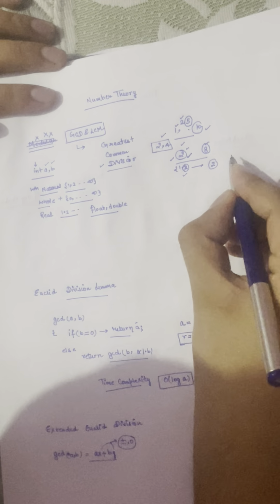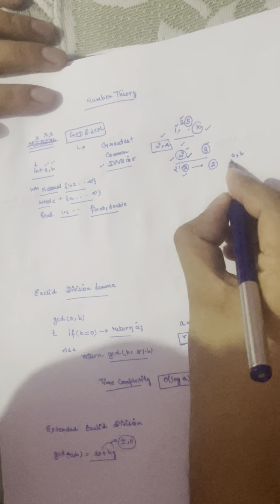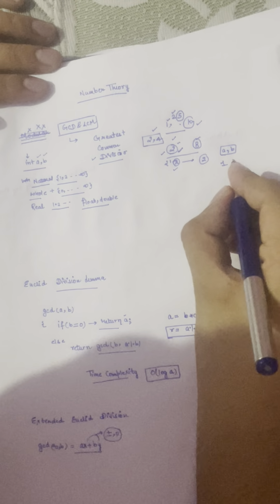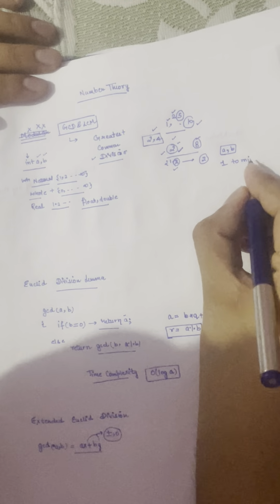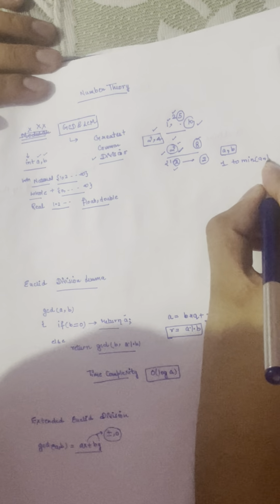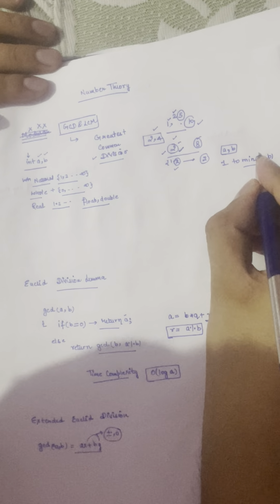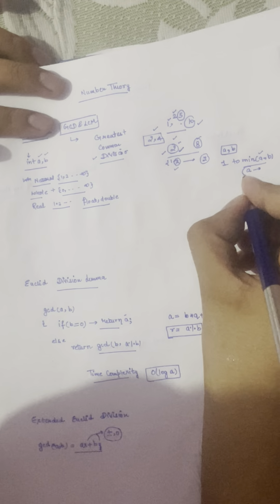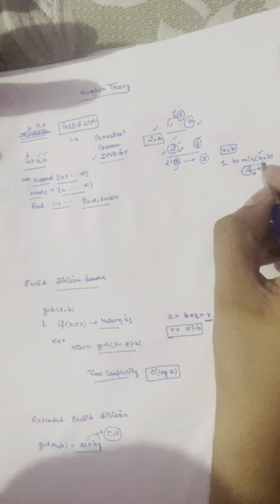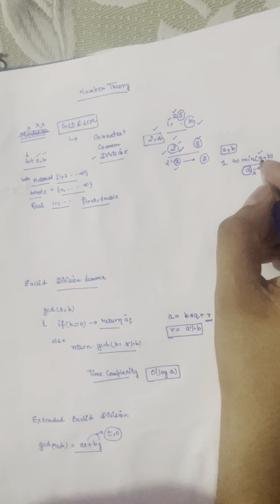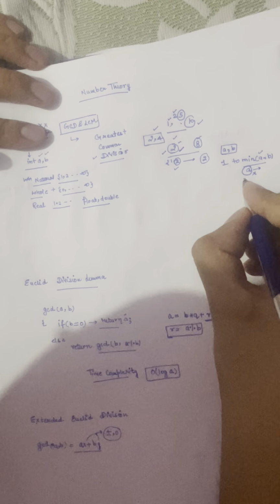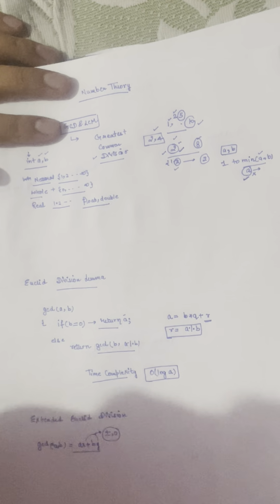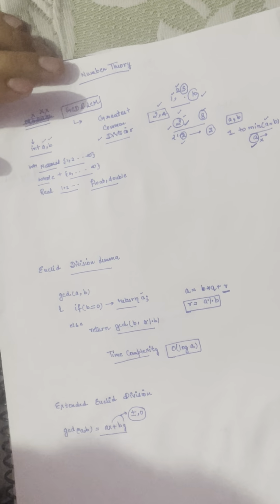So if we are given numbers a and b, the range in which GCD will lie is from 1 to min of a comma b. Because if a is the smaller one, then after a, no number would divide a, so it would not fulfill the criteria that the number should divide both a and b. So the maximum we can go is the minimum of the two numbers. This is all about GCD.